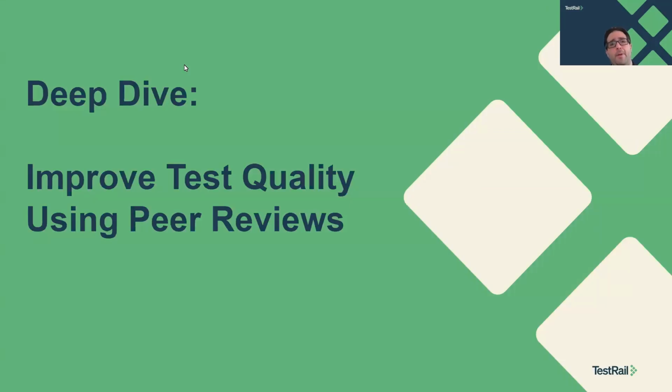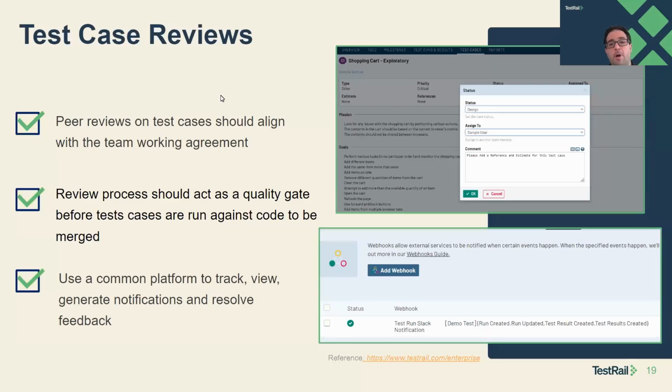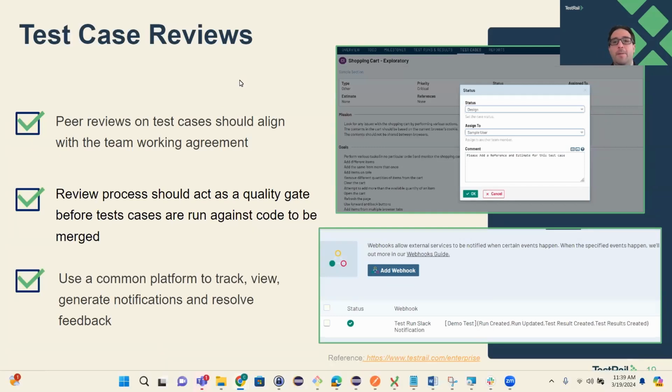Okay, so we talked a little bit about the product side, technical debt, how to improve communication on that. Let's talk a little more on the QA focus, test engineer role, but it could be development engineering as well, on doing peer reviews. I'm sure everybody's doing this at some level, at least I hope so. This can apply to manual test cases, framework, automated code, unit testing, however you want to treat it. But basically, peer reviews at their lowest level should align with the working agreement.